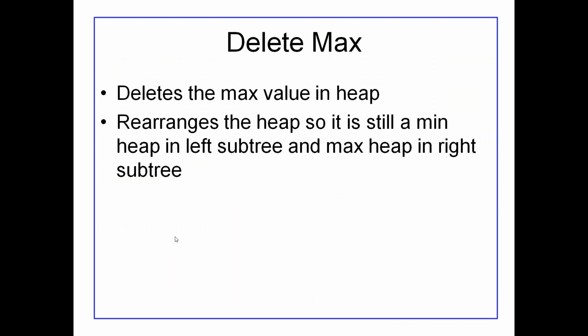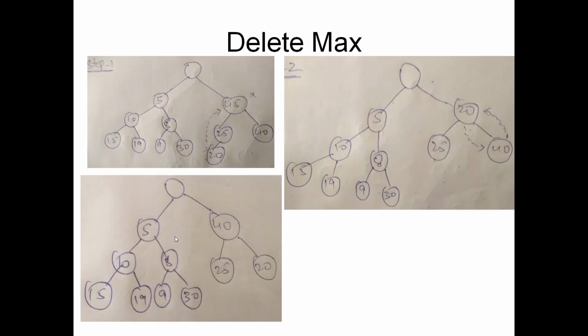And now we try to delete maximum value in the max heap, and it rearranges. It does the same operation. It should be rearranged by using minimum or maximum conditions after deleting the maximum value in the heap. And this is the example to delete the maximum value from the max heap. Delete maximum is, it should delete the maximum topmost element from the max heap, that is here 45.